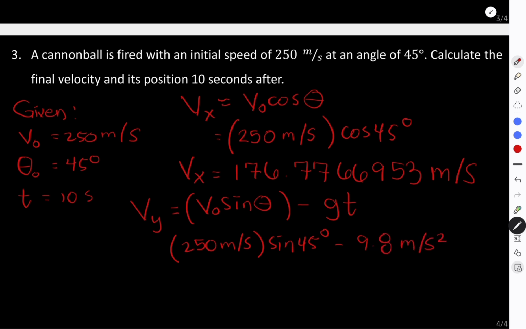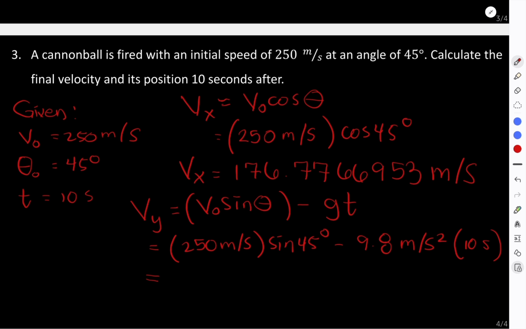Then the time is 10 seconds. So do not forget there is an equal sign. We have our 45 degrees as the initial angle, and you already know that's half of 90. And half of 90 means it can only be the same value, right? It's just that we should know at what quadrant. 45 degrees is